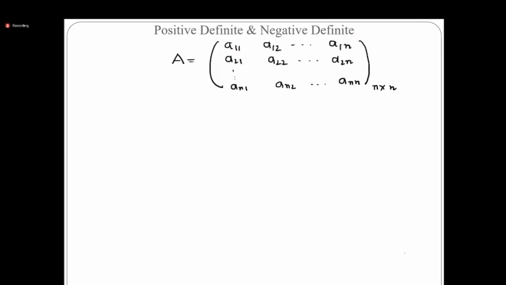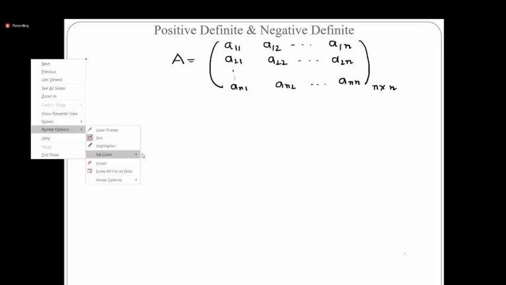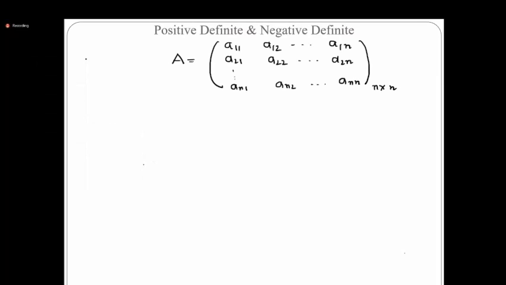Now, to find out the nature of the quadratic form involving the matrix A, first we are going to consider its principal minors. Anyone? What is this, A11? What is it called? You have done that in the first semester. This is called a principal minor. So we are going to consider the principal minors of the matrix A, and we are going to find out the determinant of each of the principal minors.